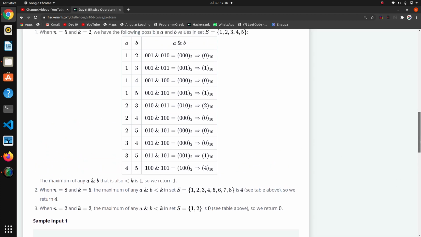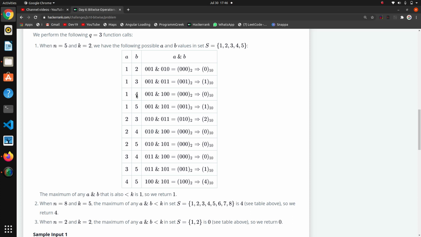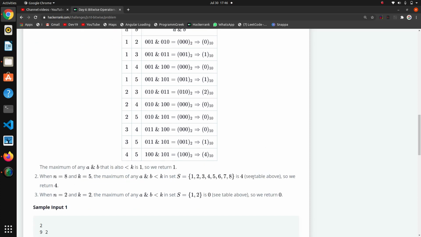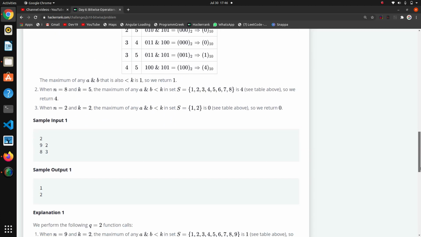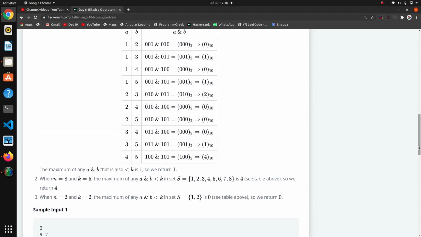Now we will check the pairs 1 2, 1 3, 1 4, 1 5, 2 3, 2 4, 2 5, and we will check for every pair that we are getting a number less than k. So we are going to return the maximum AND value which is less than k.